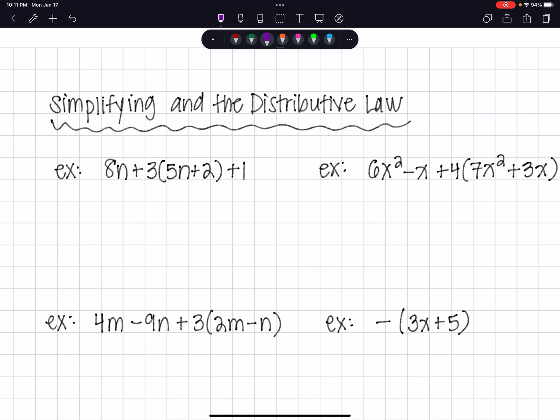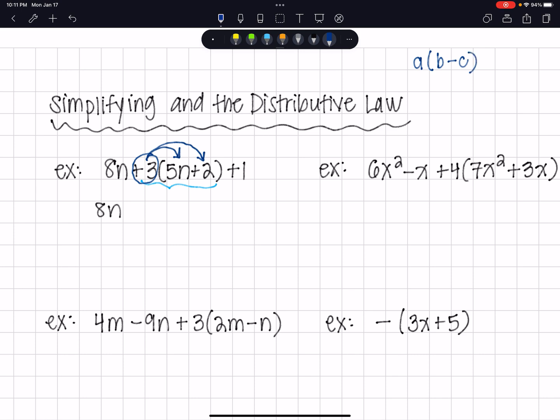So after the problems that we just did, it's not unusual for us to now see that we have to do this multiplication first before we can start adding and subtracting from left to right. So we have 8n, and then I'm going to have to distribute this positive 3 to the 5n and the positive 3 to the 2. So the distributive property, if I have